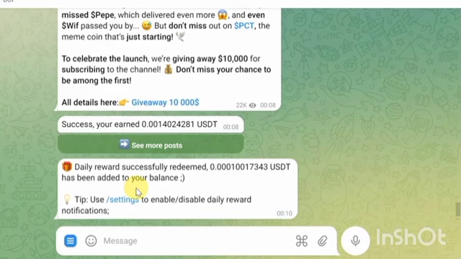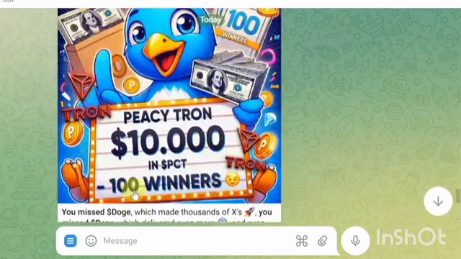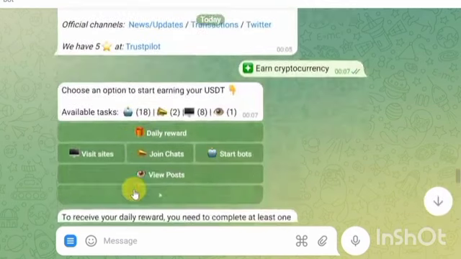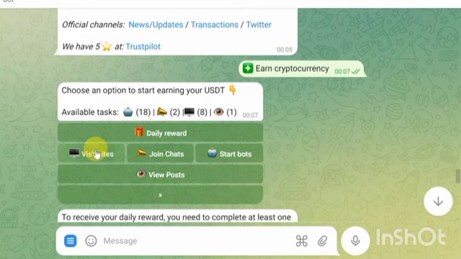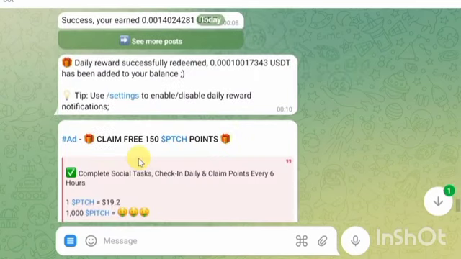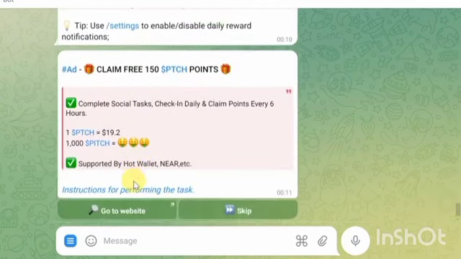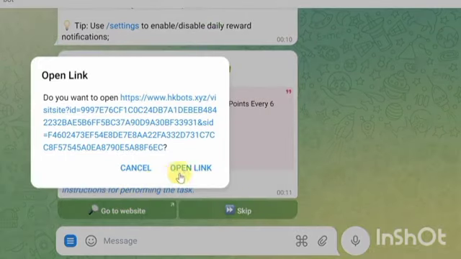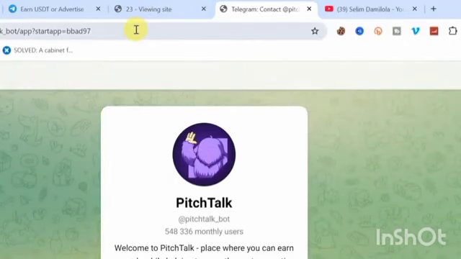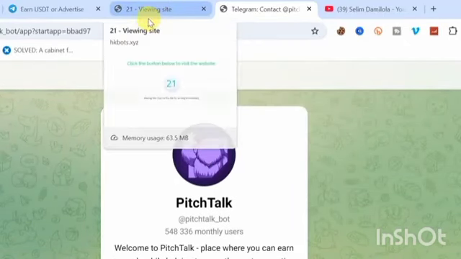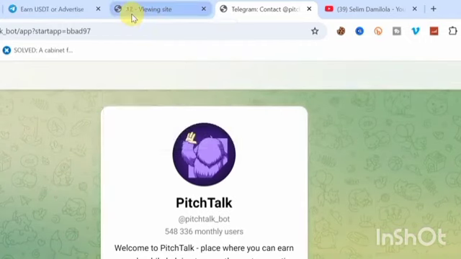Okay, so the second way to earn money is by clicking on Visit Website, where you can basically click on links and visit websites to earn money. So click on Visit Website over here now, and you can basically visit websites to earn money. Okay, so click on Go to Website, and then just wait for some seconds, and you can basically get paid your money. Click on Open Link. So you can see over here now, at the top it says Visiting Website. After about 18 seconds,